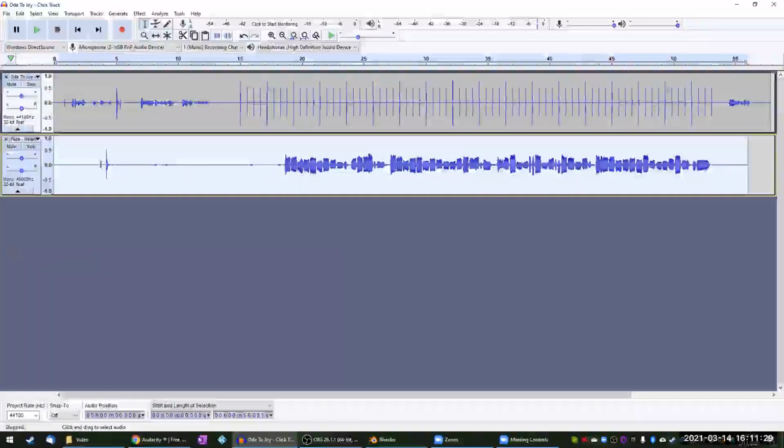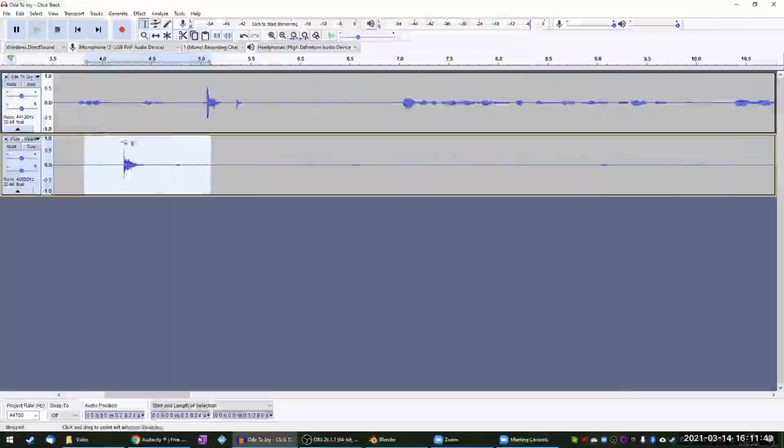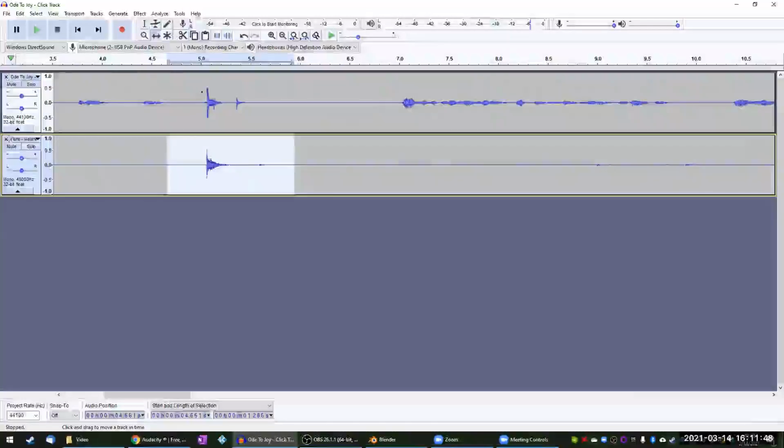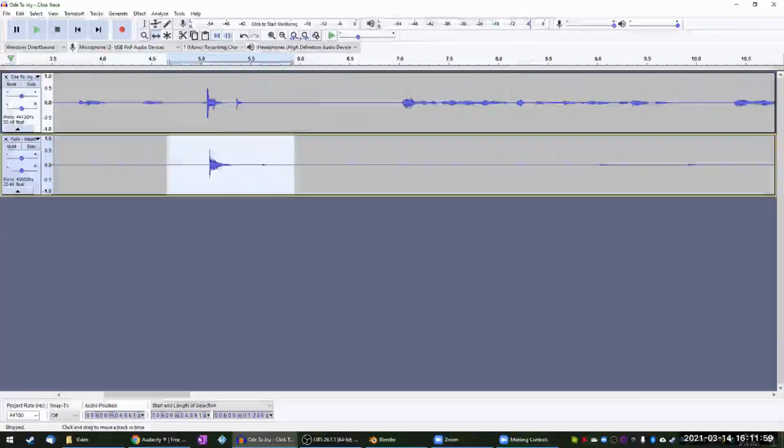Okay, so right now you can see there's a spike in the sound right here, and that's actually Melanie clapping. 2, 3. So what we want to do, and I'm going to hold down Control while I scroll in with my mouse, is try to bring that clap in line with this other clap up here. The tool I'm using here is called the time shift tool, which lets you slide your audio tracks forward and backward. We don't want to touch the click track because that's going to be our basis for all of the timing of the entire project. So we're just going to be moving our musician sound around.